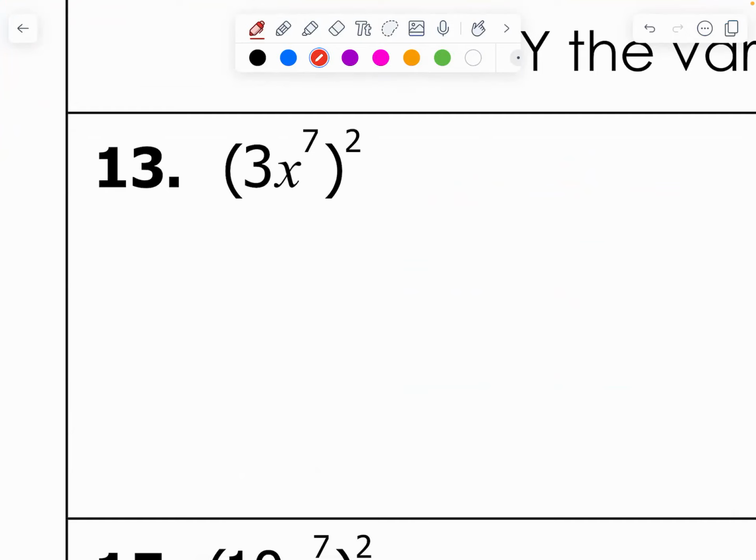Okay, now I want you to look at number 13. In number 13, we now have a coefficient. Well, hey, guess what? This power of 2,